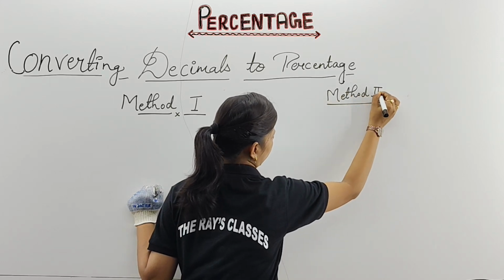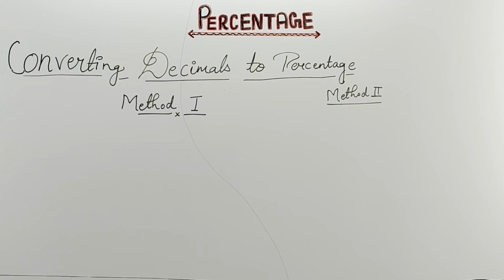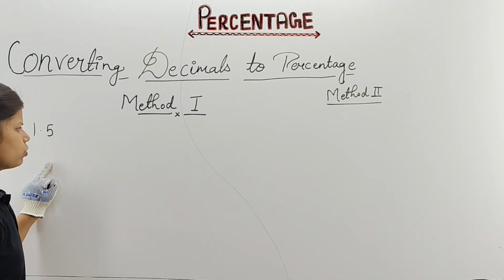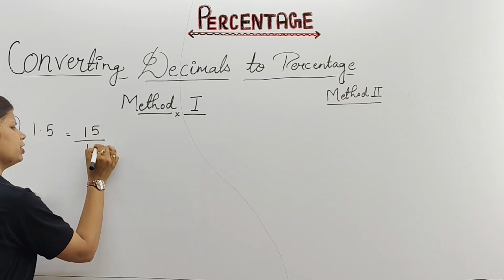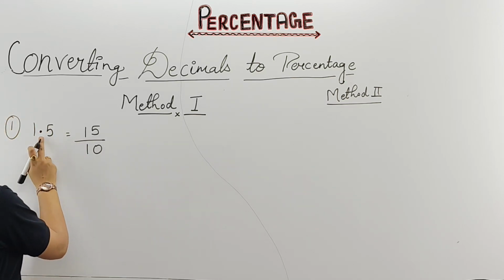Clear? Okay. First question of yours is there. For example, I'll take the first example for you, 1.5. This is your decimal. We have to convert it into percentage. So the first step, first of all, we are going to convert it into which form? Fractional form. Just after the decimal point,